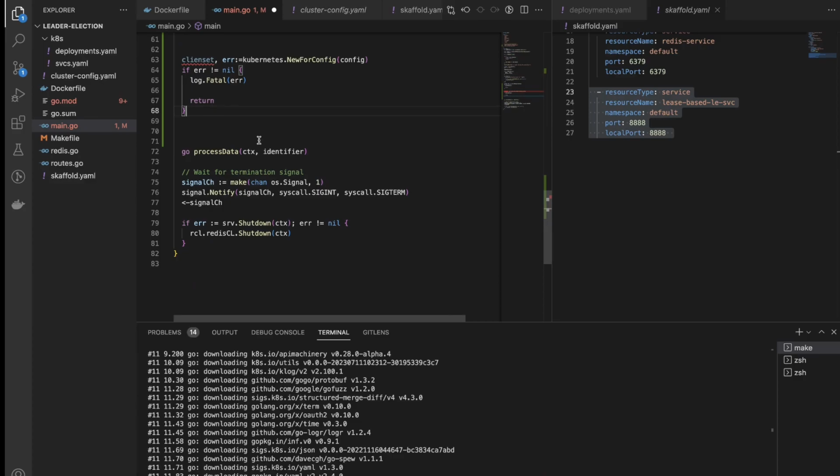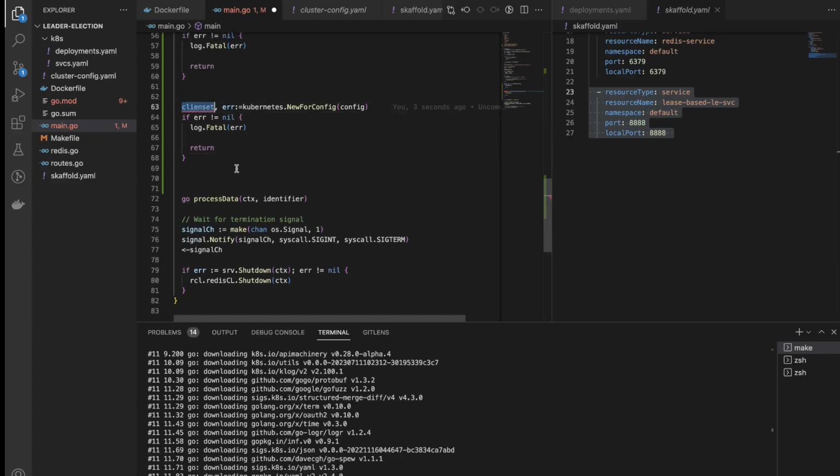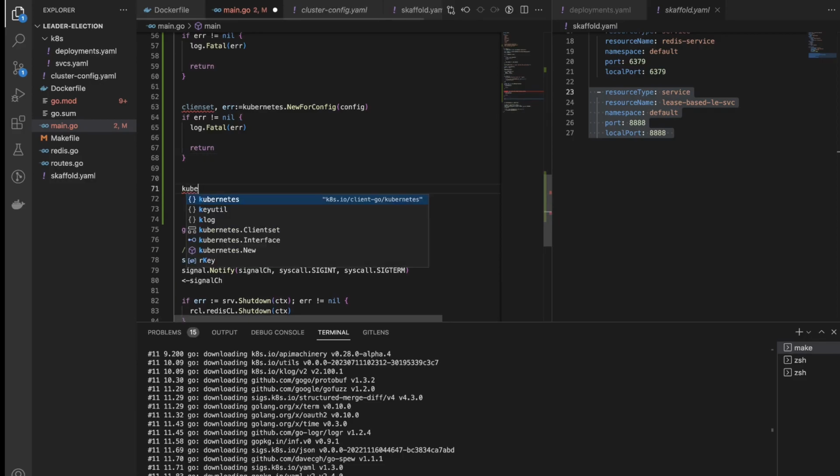Yeah, so now that we have our client set, we can then create a lock. Remember, during the Kubernetes leader election process, we need to always have a lock. We need to create a kind of lock. The kind of lock is either the lease, config map, or endpoints, depending on the kind of approach you want to follow, right? In this case, because we are using lease, we'll be creating a lease lock, right? Which can be found in the